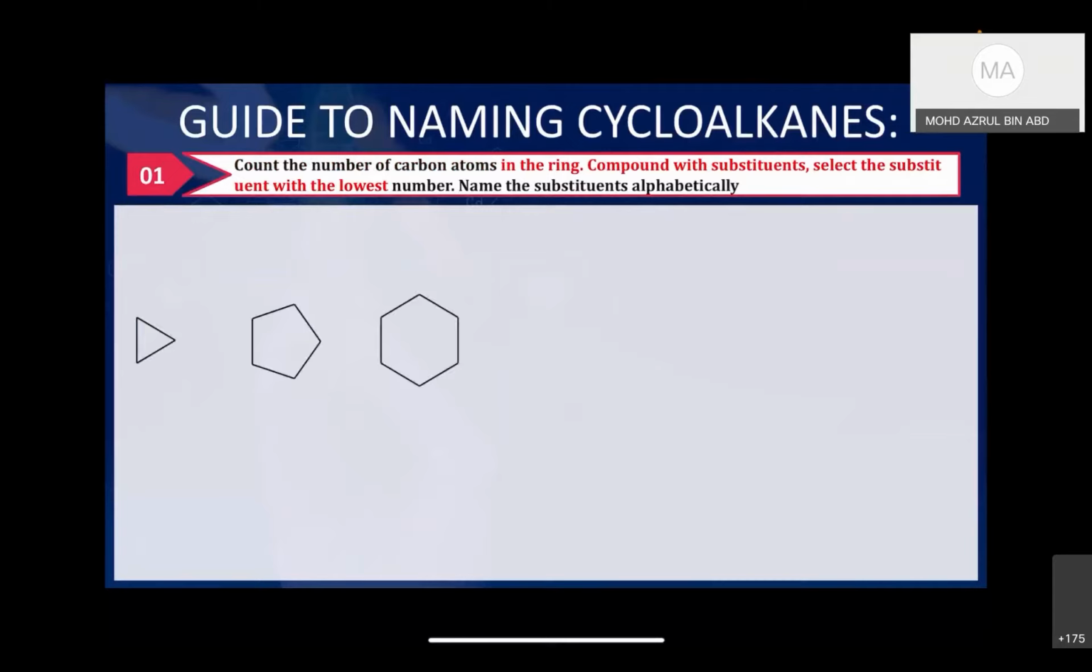For naming the compound of cycloalkane, we just add cyclo in front of the alkane name, because it is a cyclic compound, right? And then since it has 3 carbons, we can name the compound cyclopropane. For the next compound, since it has 5 carbons, we can name it as a cyclo